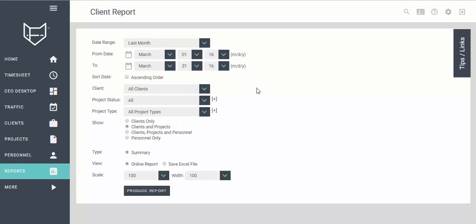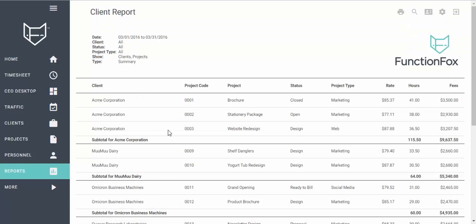Just to let you know, for all of our reports you can customize the date parameters and include and exclude many different things, depending on what report you choose. We're going to be looking at all of the work we carried out for all of our clients last month. So we'll produce this report, and this gives us a breakdown of all the clients that we worked for